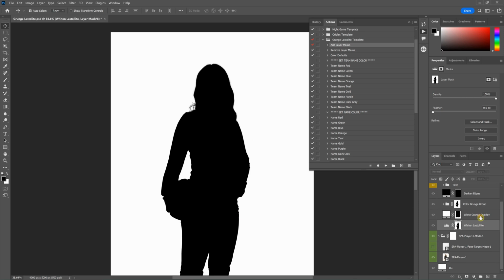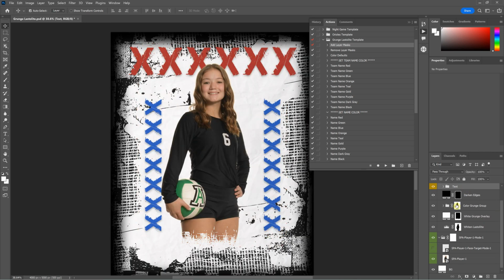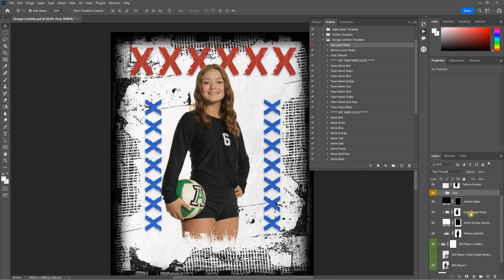However, those layer masks themselves are not actually cutting the image out. So therefore, it doesn't have to be perfect. The only place where the mask has to be, I guess, perfect is around the very top of the head, where it's putting the text behind the layer. So how it's actually accomplishing that